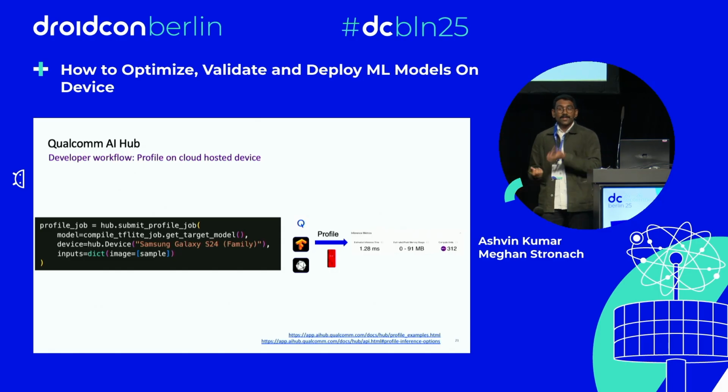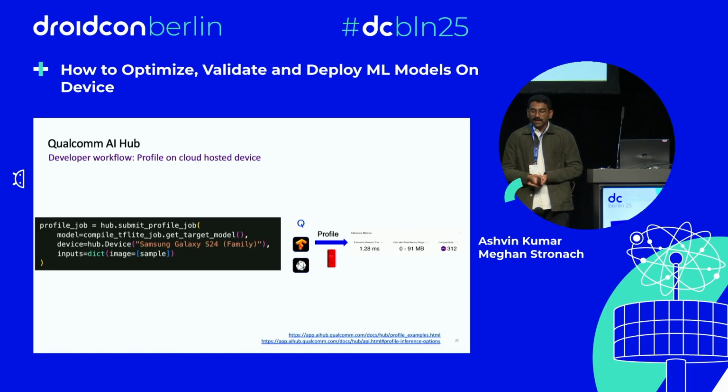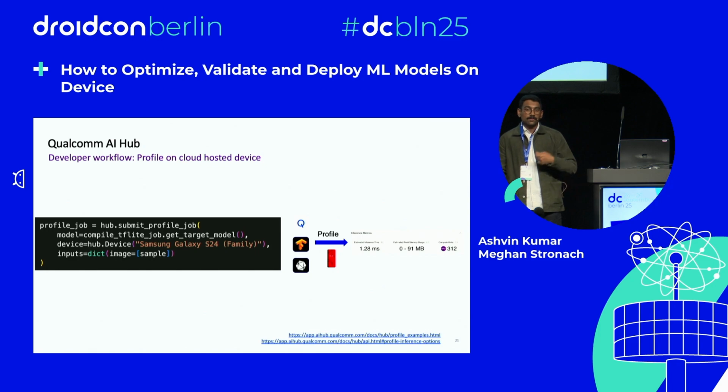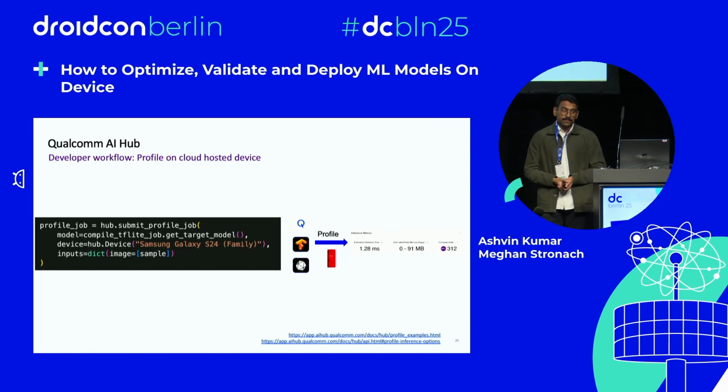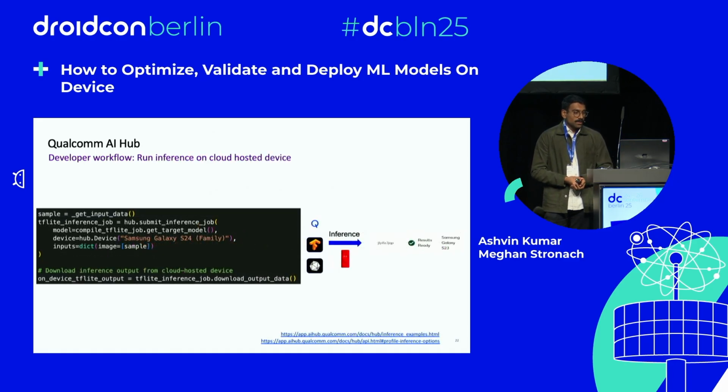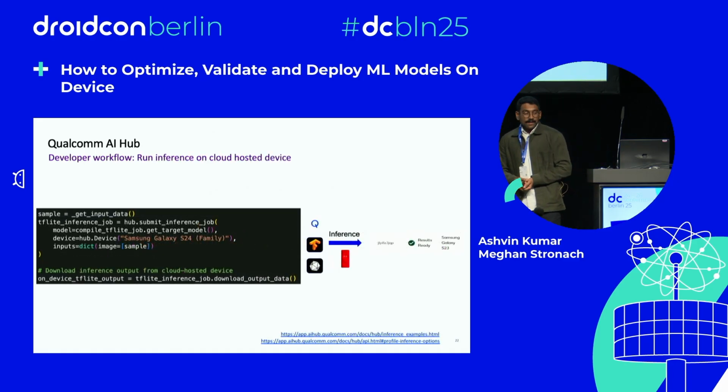And so in the example that Meghan gave earlier about gaming, if you are a developer and you want to make sure that you're either targeting the NPU or the CPU, this is where that information would be very clear to you. So the last API that I want to talk about is our inference job,